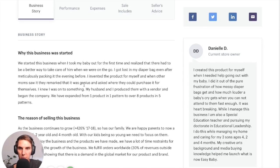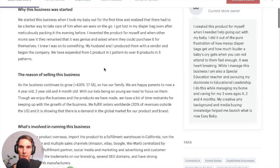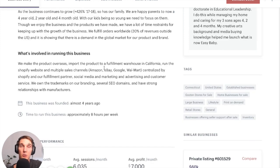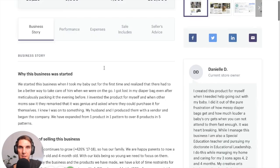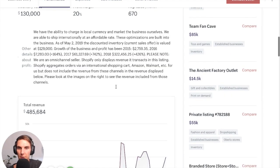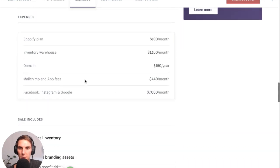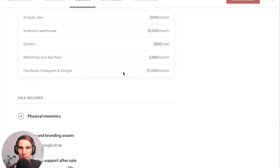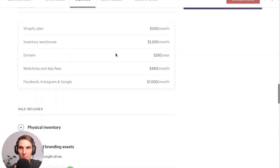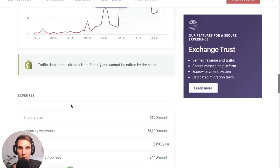So you go through and you read a whole bunch of this information. And when you've got all that information, she spends 8 hours per week on this business to make $7,000 a month. So if you go 32 hours per month divided by $7,000, that's her pay rate, basically. So it's a pretty good pay rate compared to a lot of people. And it tells you a bit of the expenses here. So she's obviously doing some Facebook marketing, right? And some email marketing here on MailChimp too. So scroll through, get a whole bunch of information, then you can start asking them questions and then start bidding